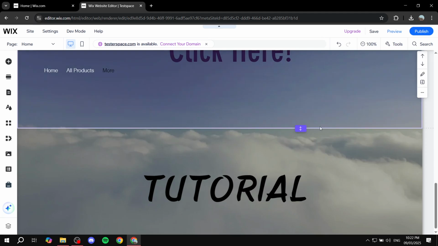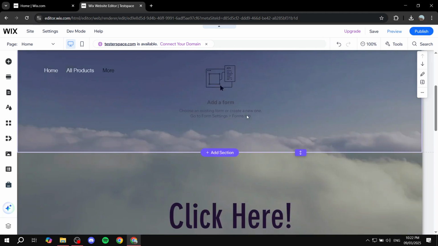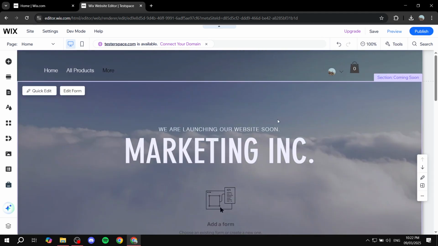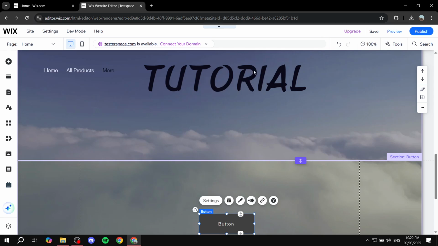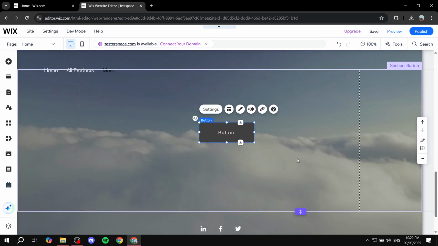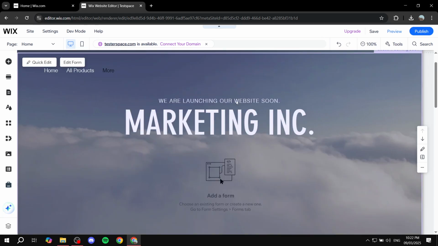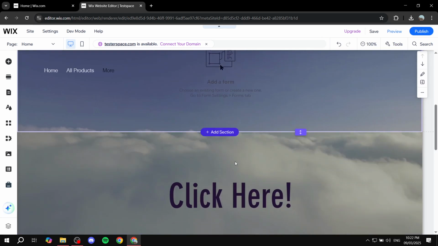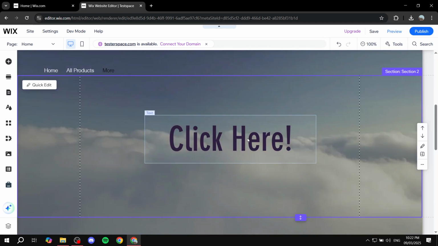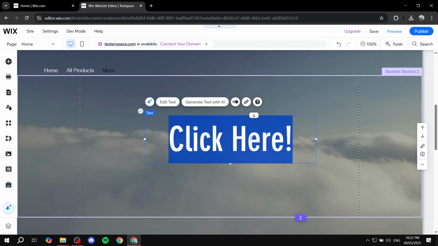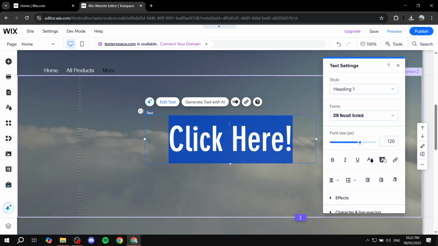By default. But now that we have four different sections here, I'm going to show you how to add anchor links to text, images, and also buttons. And there's also other elements that you can do it too, but I'm just going to show you how to do it with the following. So let's say we want to click on the text here, which says click here, and add the anchor link to that. So what we can do is just double click on the actual text itself and click on link